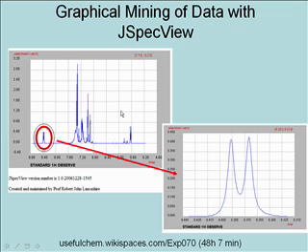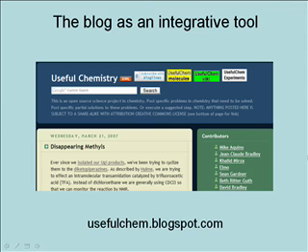So when I talk about doing things in the open, I really do mean everything, in the sense that in a traditional article, you may have a printout of a spectrum. Here in UsefulChem, we actually use JSpecView, so our NMR spectra are interactive. So if you wanted to expand a peak, for example, using your browser, you can actually blow it up and measure the J constant, for example. So that means that we're open to interpretation. So we have to stand by what we say. We have the raw data. We can link to it. And if people don't agree with our conclusions, they can certainly go in and take a look at the raw data and make their thoughts known.